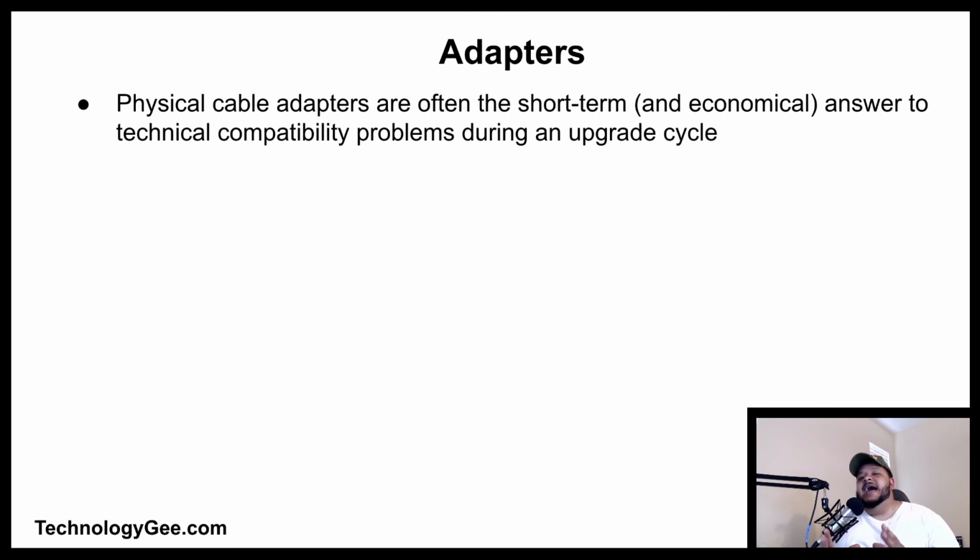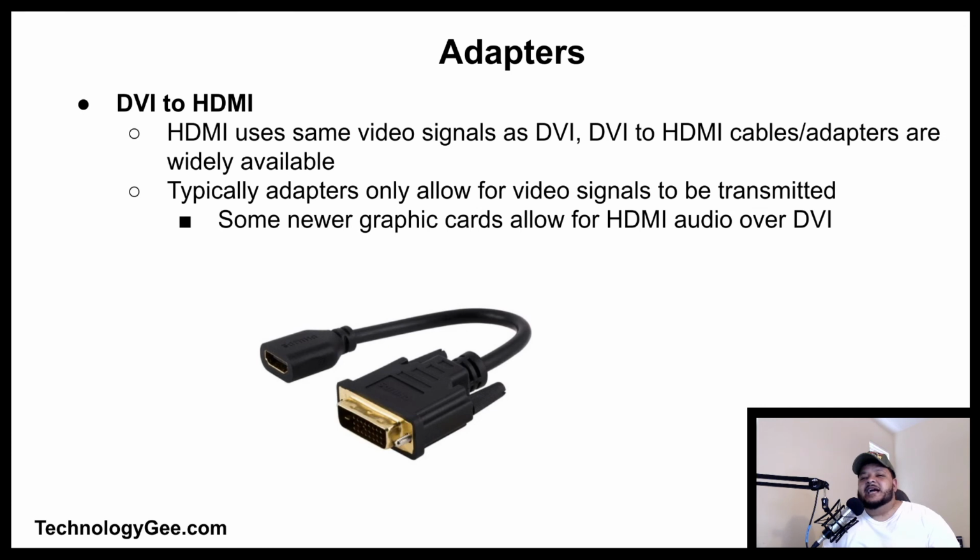Let's move on to adapters. Physical cable adapters are often the short-term and economical answer to technical compatibility problems during an upgrade cycle. The first type of adapter is the DVI to HDMI adapter. Due to HDMI using the same video signals as DVI, DVI to HDMI cables and adapters are widely available. Typically, these adapters only allow for video signals to be transmitted, but some newer graphics cards allow for HDMI